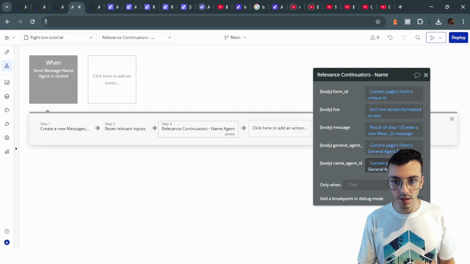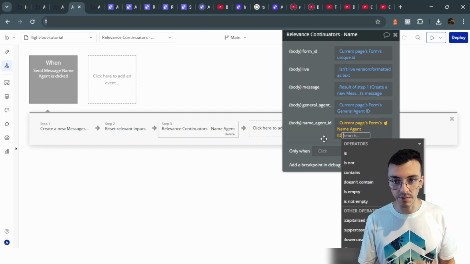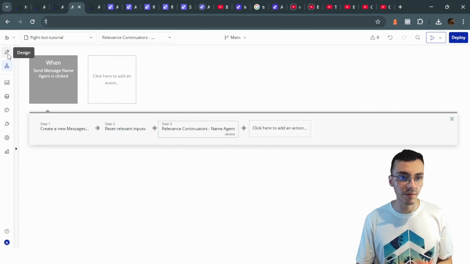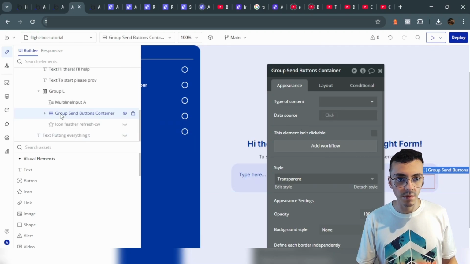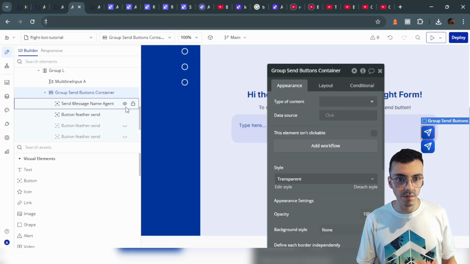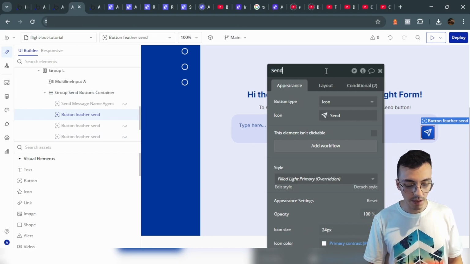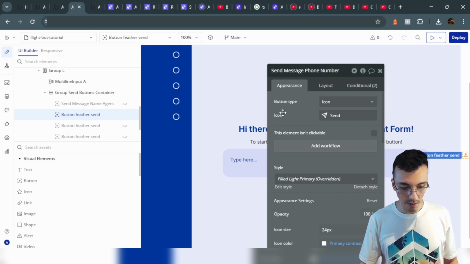And here we will set the name agent ID. And let's do the same with all of the other buttons. So let's go with the second button. This will be send message to the phone number agent,